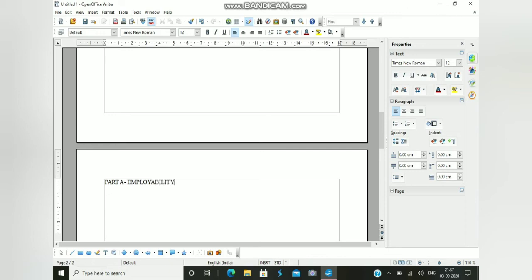As you can see, as I am typing here, Employability Skills, then press the Enter key, and under it I'm going to write Unit 1, which is Communication Skills. So here I'm going to write Communication Skills.